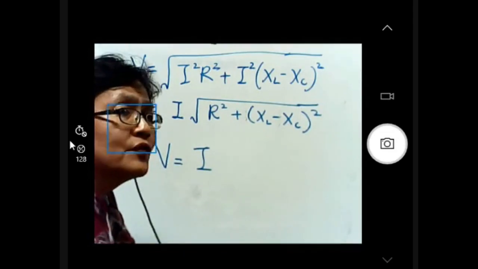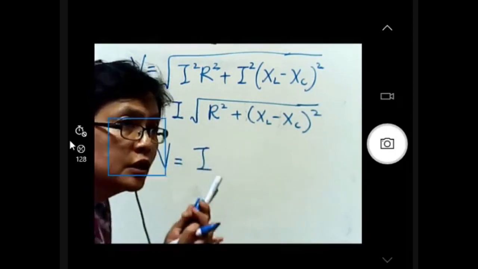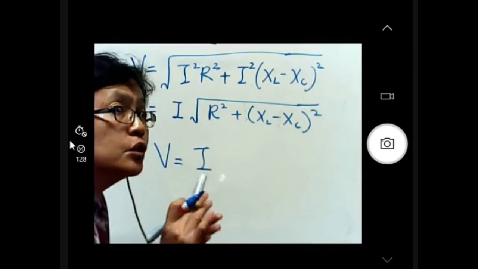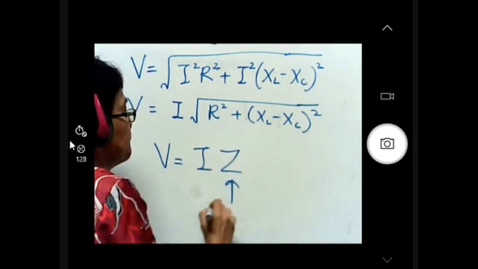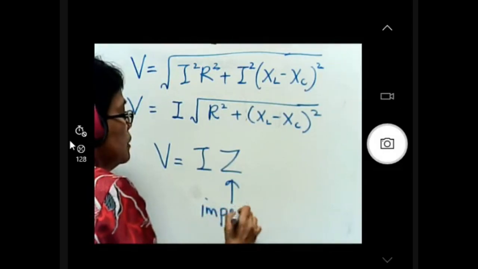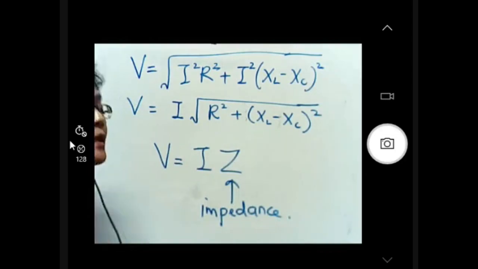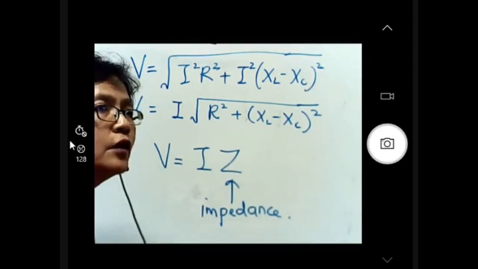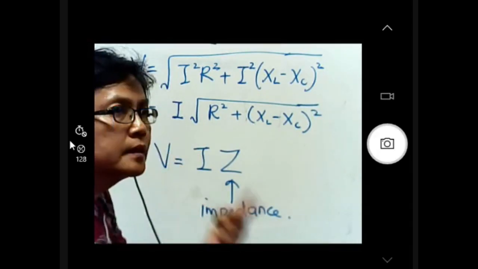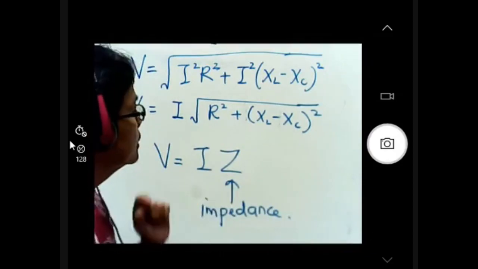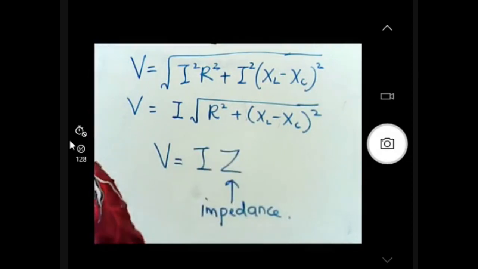the opposition to the flow of current due to resistance, due to resistor, due to capacitor, due to inductor. Due to these three components, we call it impedance. Impedance is the opposition to the flow of alternating current due to either resistor, capacitor, or inductor. So we call it impedance. So what is impedance? So you can see from here. So impedance is